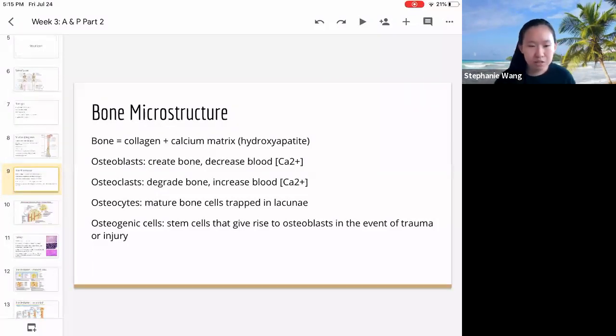Okay, anyway, as I was saying, people who play a certain sport, for example, if they have a lot of trauma to, let's say, their arm, like they get hit in their arm all the time, if you take an x-ray, you'll notice that the bones in their arms will be very thick. And the reason behind this is a lot of osteogenic cells have divided into osteoblasts. The osteoblasts will create more bone to help protect that place that is always under trauma. So yeah, that is the reason why sometimes sports players will have thicker and stronger bones.